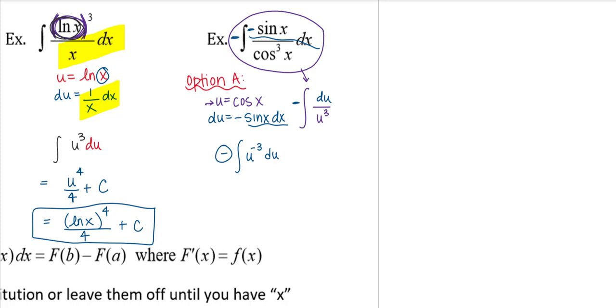So I'll do power rule. So I will add 1 to my exponent. So I do get negative 2. Be careful with that. You did have a negative out in front. So, when you do power rule, you added 1 to your exponent to get negative 2, then you divide by that same exponent. So just be careful with your negatives here. This should be a positive 1/2 u to the negative 2.